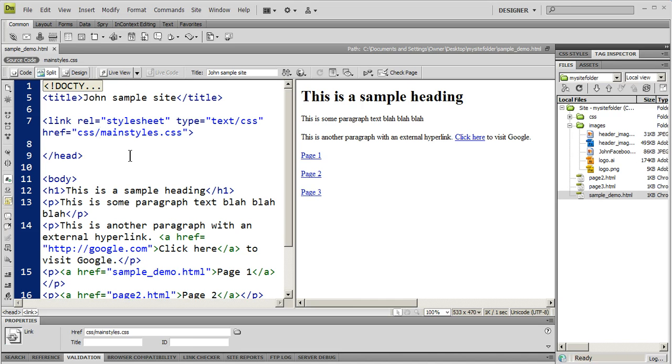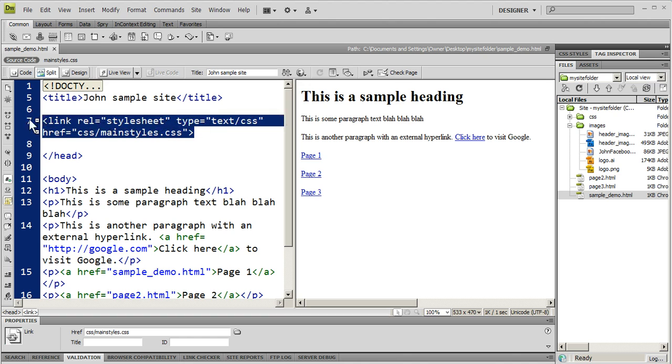We're taking an image that I made in Photoshop and an image that I made in Illustrator and bringing them into this web page here, which is just called sample_demo.html. Anyway, before I get started with that, I have this text here to create an external style sheet and link